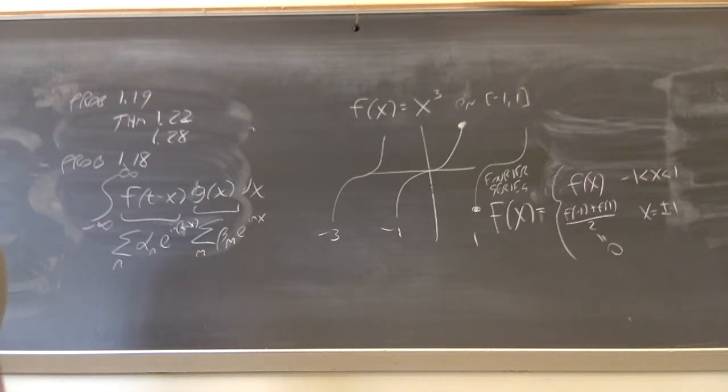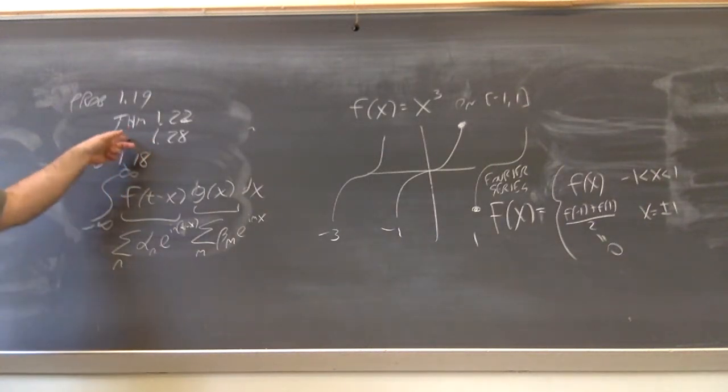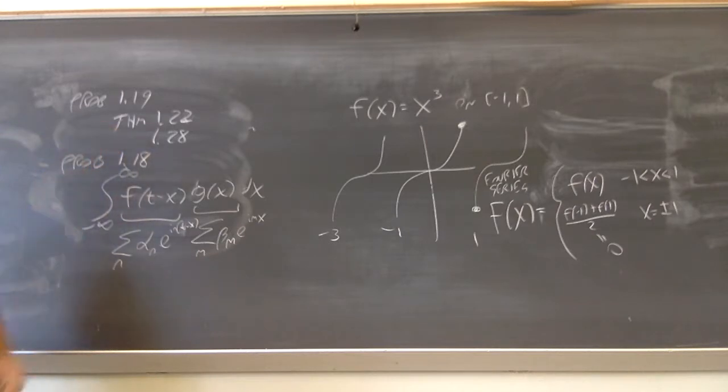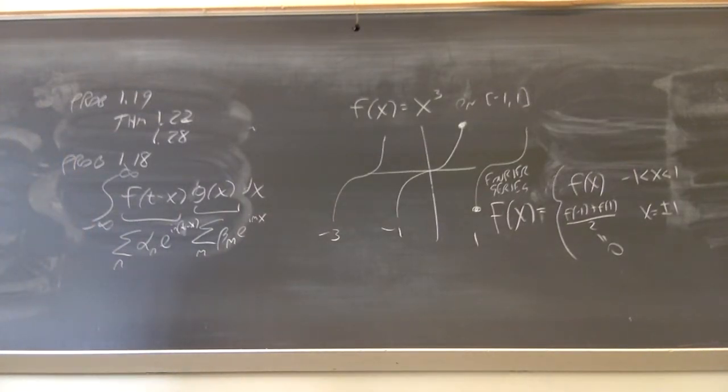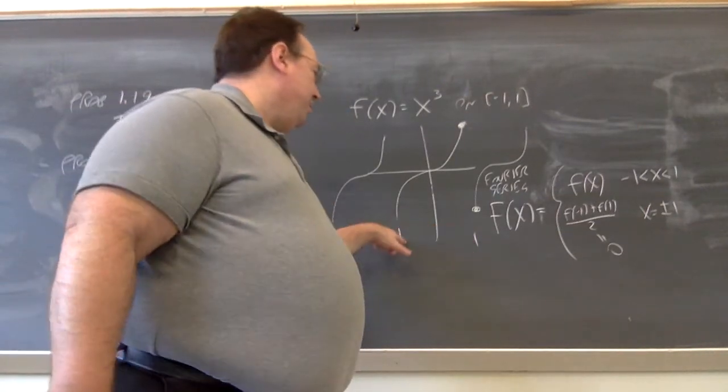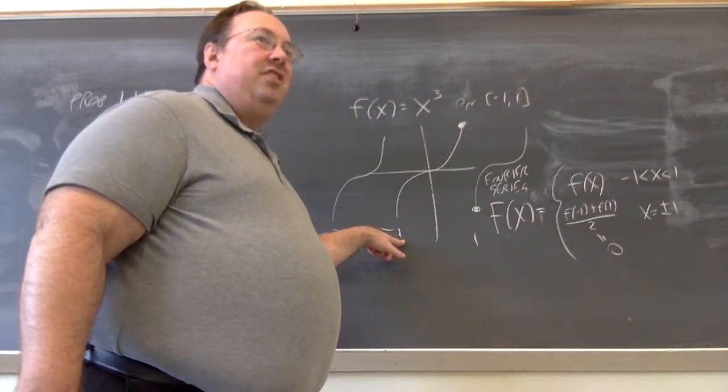The endpoints and anywhere else there's a jump in the interior of the interval, like in this homework problem, you had those jumps at plus or minus a half. Yeah, okay, so I'm trying to figure out how I word this, because the jump is at 1. Yeah, there is a jump at 1, also at minus 1. In fact, there's a jump every 2.